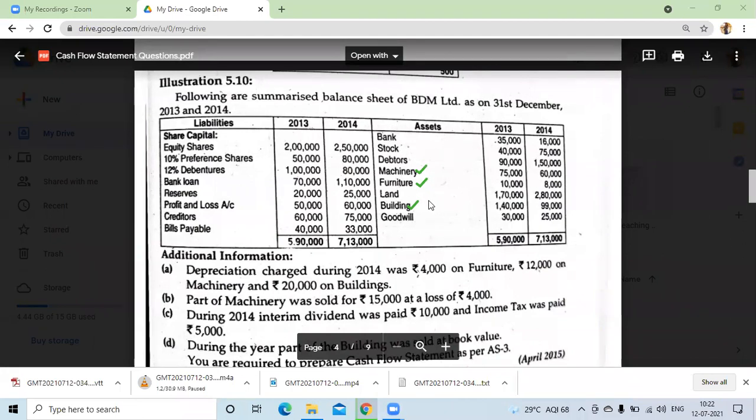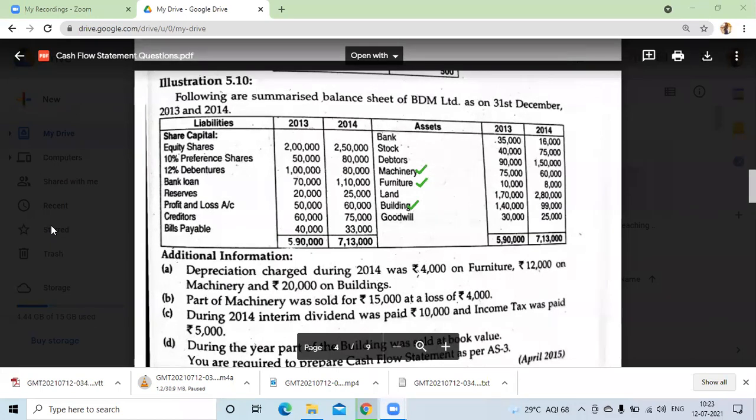In your paper, you can do this ticking, in your question paper. Because if you tick this, when you come to this item, you will be able to remember that yes, on machinery, furniture, building, there are adjustments. So we need to hold on with these items, and we will do these items a little later, means at last. Is that clear? Shall I go further? Yes or no?